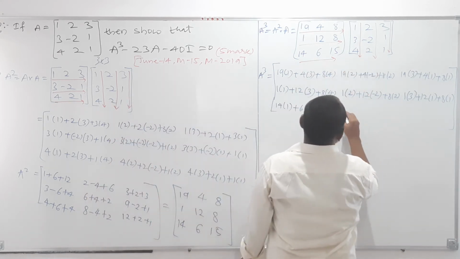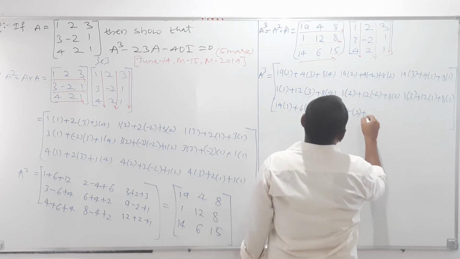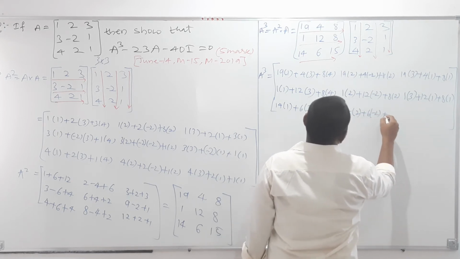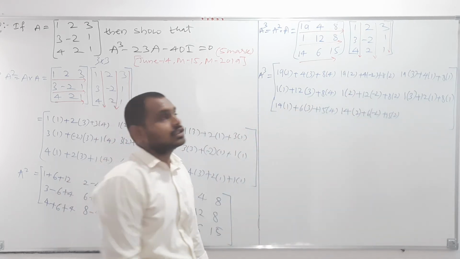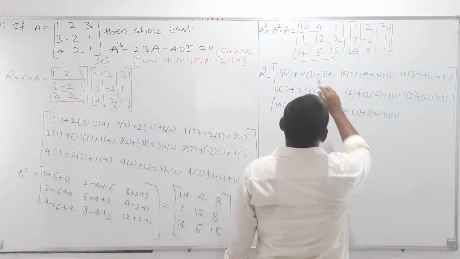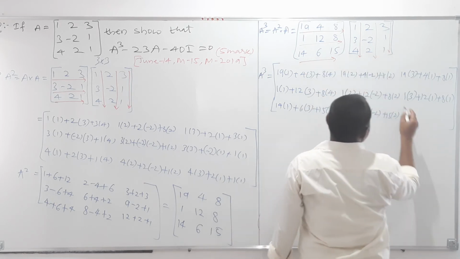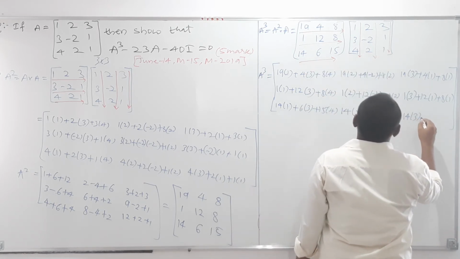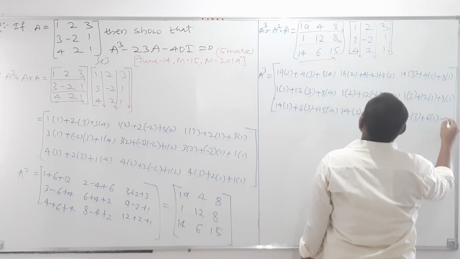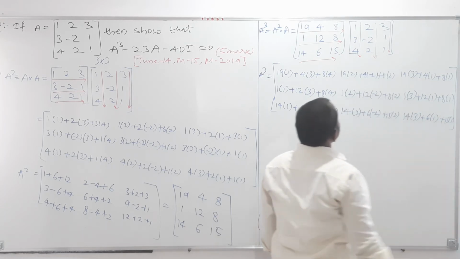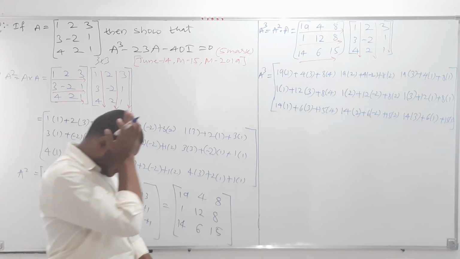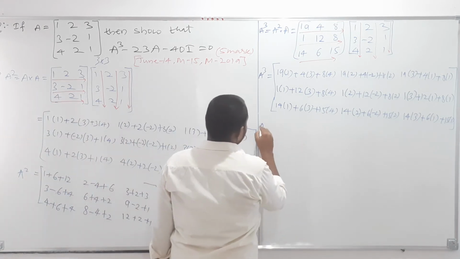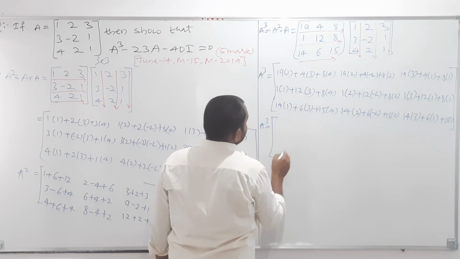Third row, second column. 14 into 2 plus 6 into minus 2 plus 15 into 2. Next, my dear students, third row, third column. 14 into 3 plus 6 into 1 plus 15 into 1. Further, if you simplify this, you will get E cube value equals, here it is,